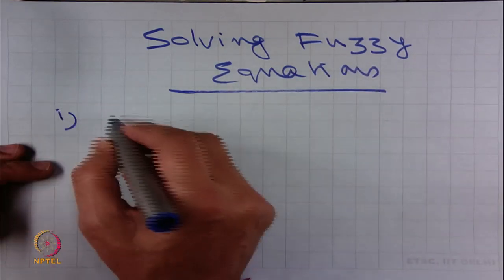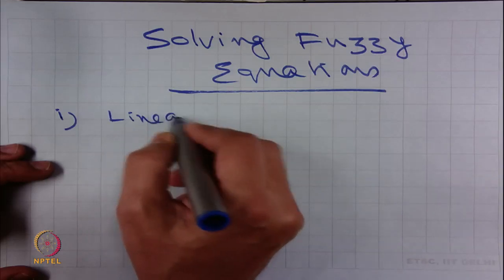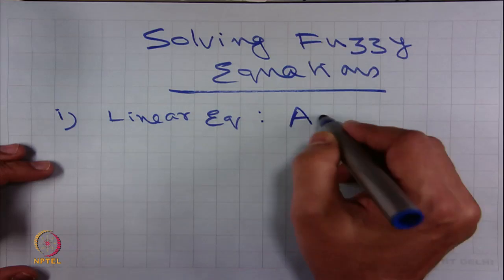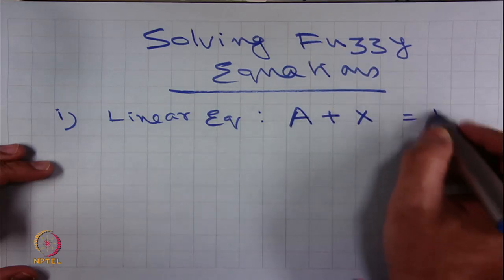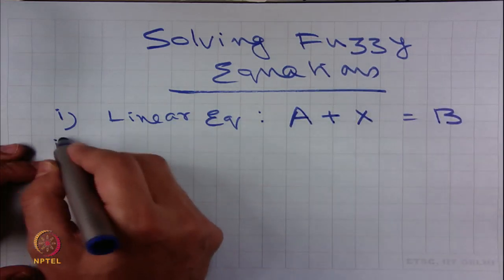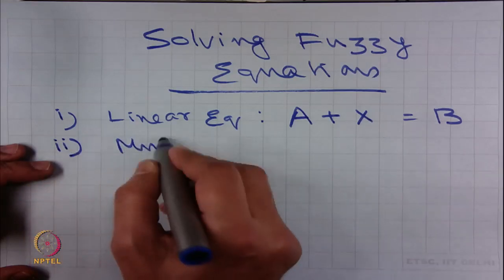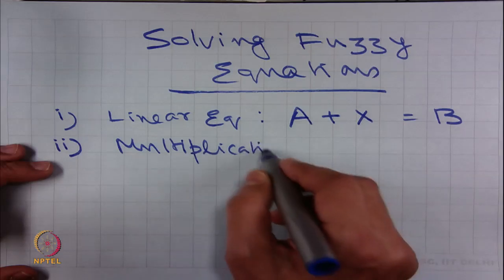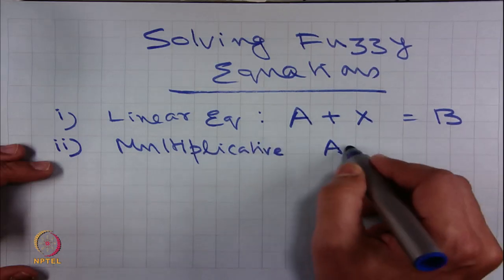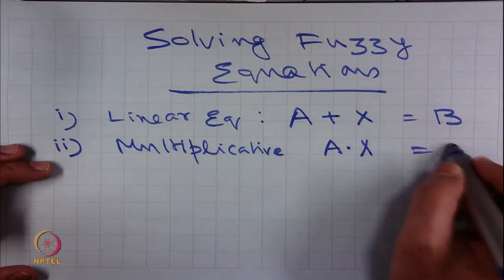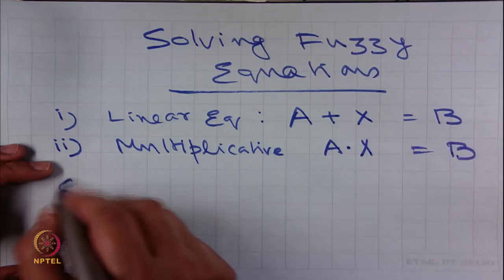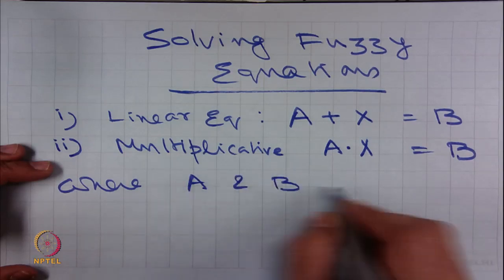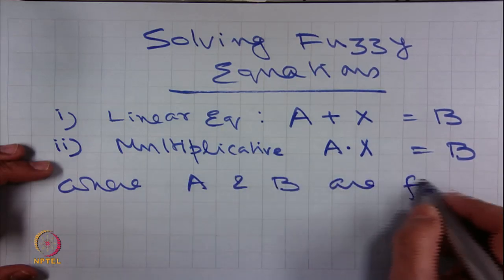One is linear equation, a plus x is equal to b, another is a multiplicative equation, a star x is equal to b, where a and b are fuzzy numbers